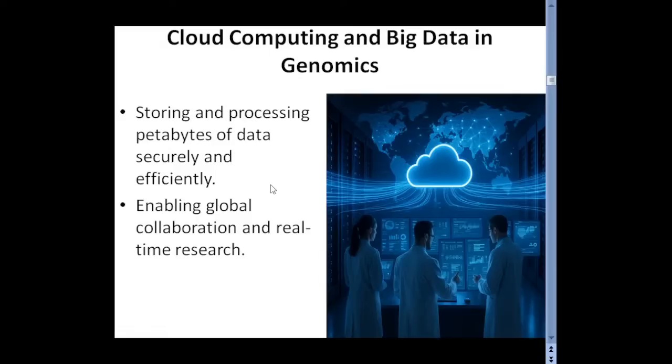So that means if you want to be relevant, you need to be able to store data and process data effectively. A time is coming that even if there is no other job elsewhere, you should be very relevant to the level that anybody from any part of the world should be able to send you biological data, and you should be able to make use of your bioinformatics